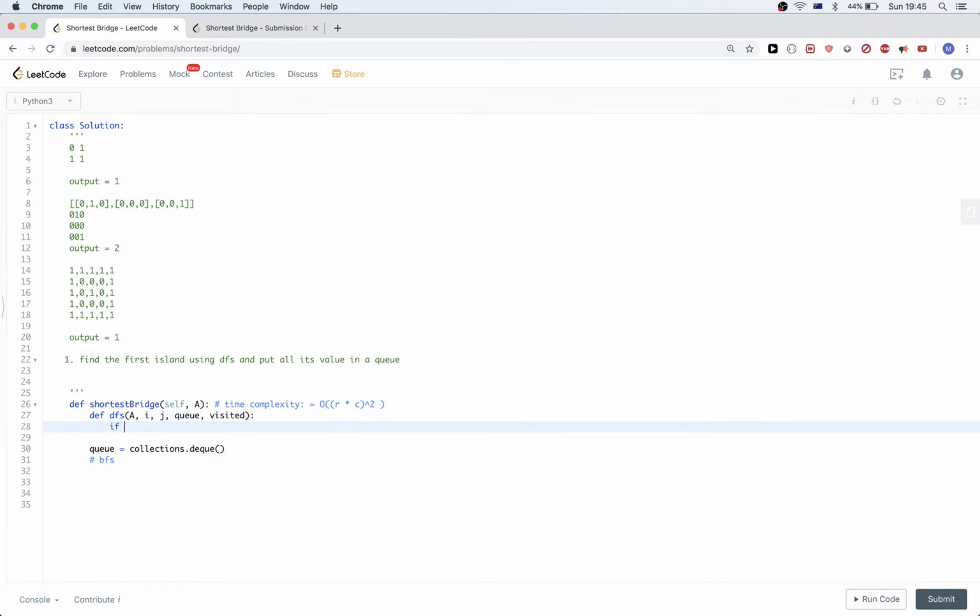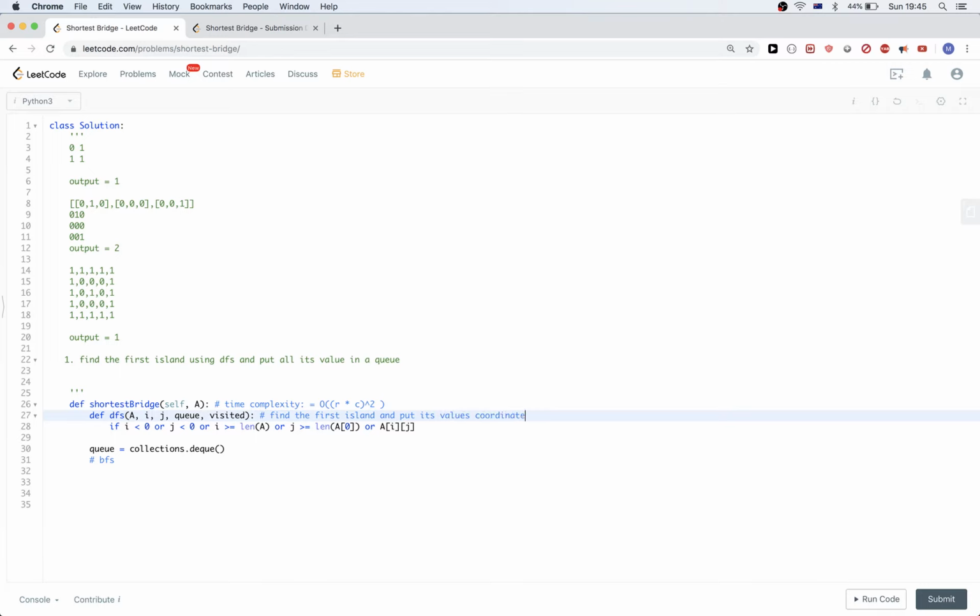And then our DFS will first do the same thing, check the boundaries. And we want also to go through only the values that are equal to 1 so that we can find the first island. So this is find the first island and put its values